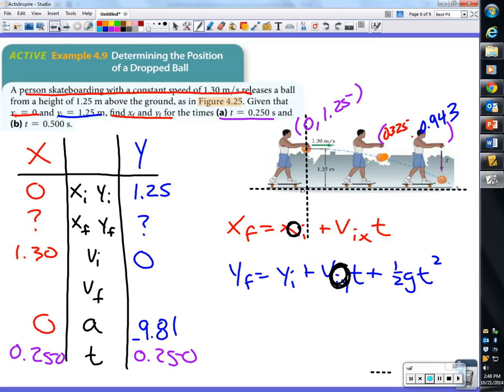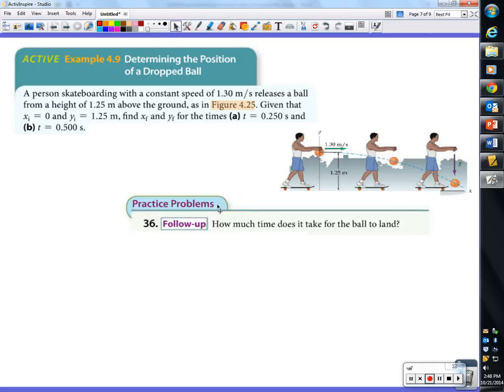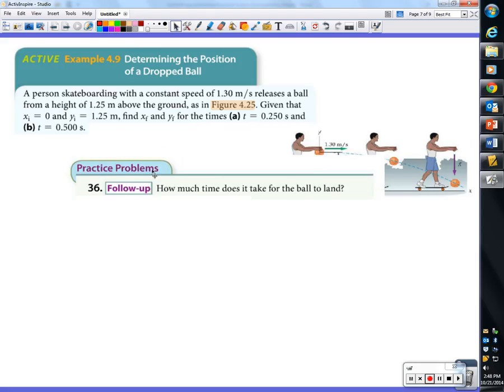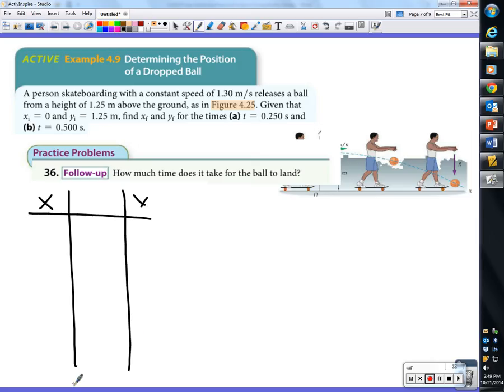All right. So here, right? Question number 36, which shows up at the bottom of your page. How much time does it take for the ball to land? So let me slide this over here so we have a little bit more room. Now, we could go through the process. You guys still have all of these things written down. Let me do this again. But,